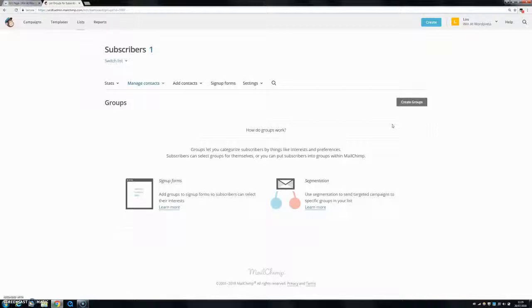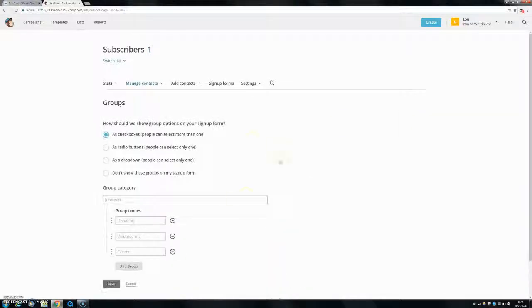And vice versa, the people interested in yoga aren't going to want to hear about how to get your squatting form right. That is basically why you would make groups: it means you can send different content and different emails to different people, and they'd be more engaged because it's more specific to them. So if you click here on create groups,